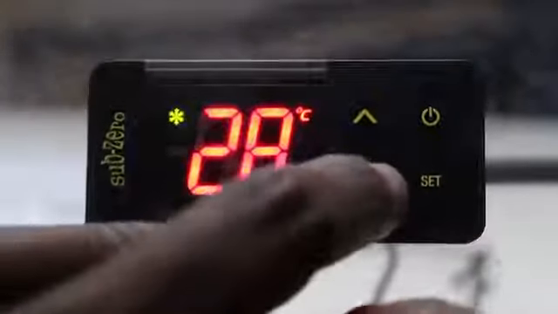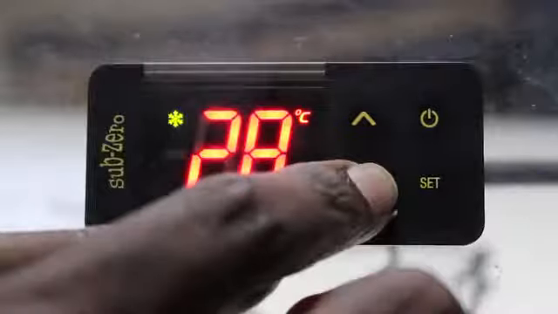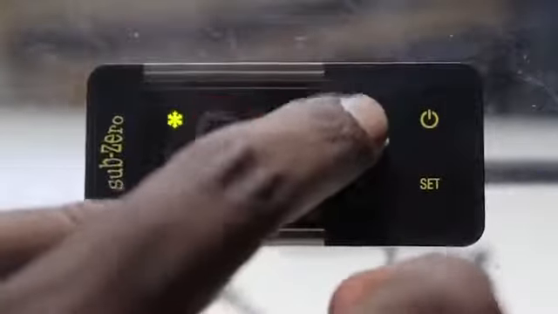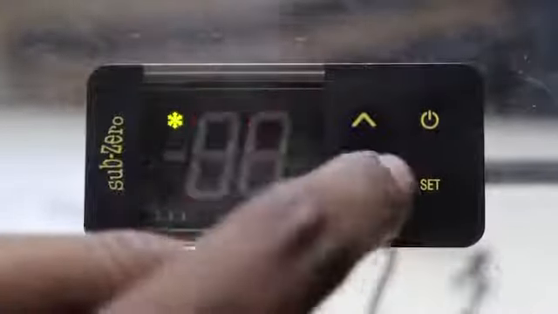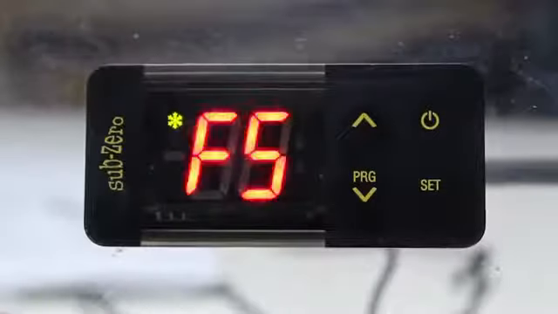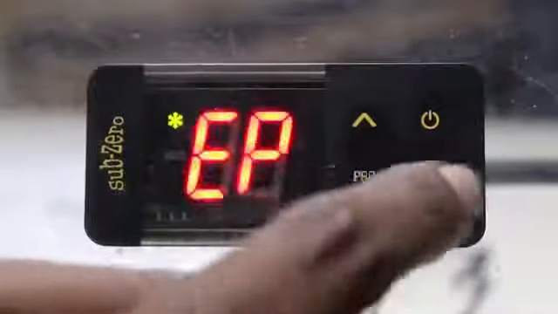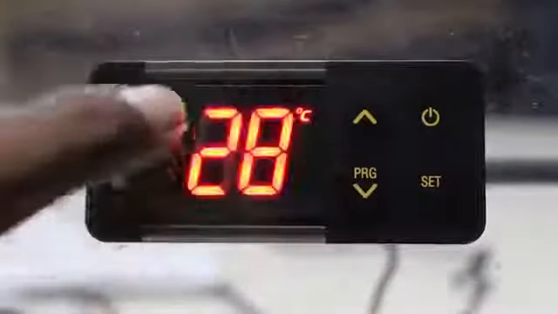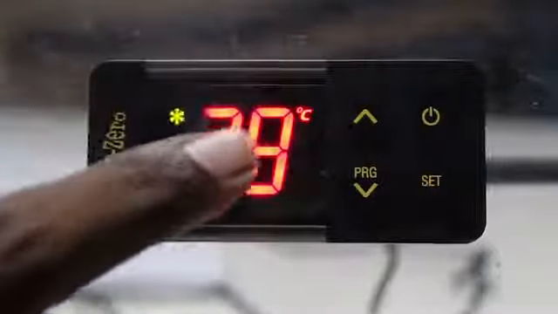After the LP parameter, there is FS. FS means factory setting. It is 0. If you make it 1, it takes all the factory setting values for the set point, P1, P2, all the parameters are factory reset. And the last one, EP, is to go to the original screen to show the live temperature.